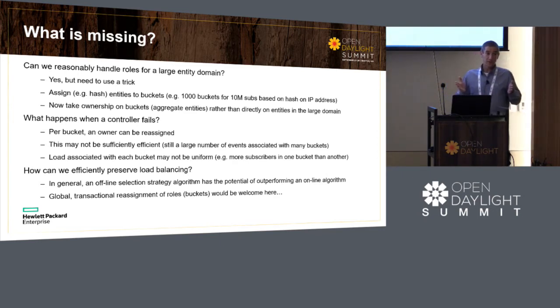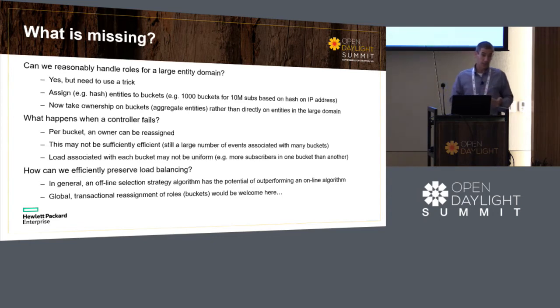Because I can give you a small proof of why an offline algorithm is better than an online algorithm. In the worst case, you'd mimic the online algorithm, right? So you know 300 buckets have failed, but you still decide to make the decision bucket by bucket. So basically, you're as good as an online algorithm. But maybe if you make the decision simultaneously for all 300 buckets that failed, you could be in a better situation, because you can, for instance, take a look at the final outcome of how you distribute this load. Maybe certain controllers have an advantage of managing certain entities over other controllers that are more closely related to other